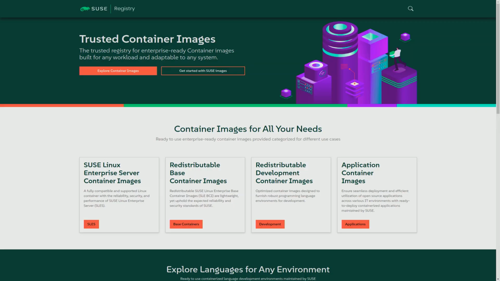So if you go to registry.suse.com, this is the website. You can see you have the base container, the minimal ones. You have the redistributable base container images, right? Then the redistributable development container images and application container images. So you can also point your own private registry to mirror these images into your registry and then utilize them